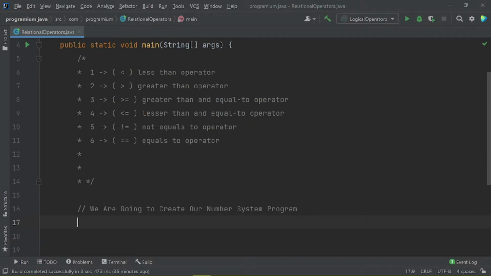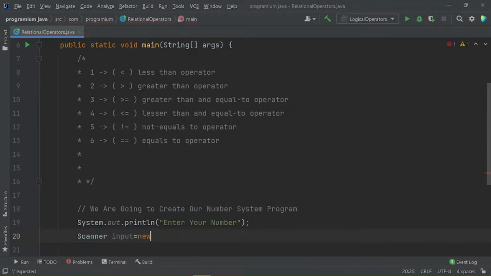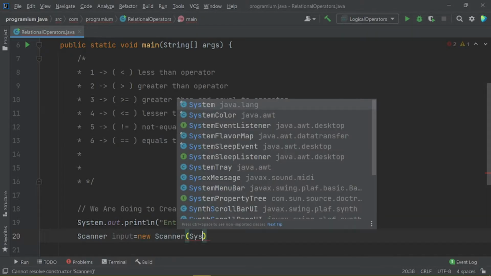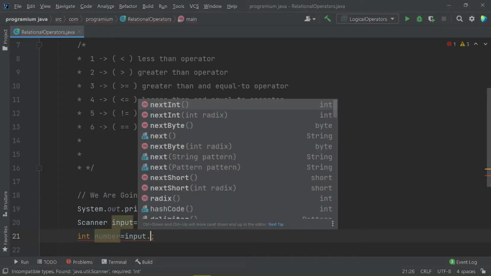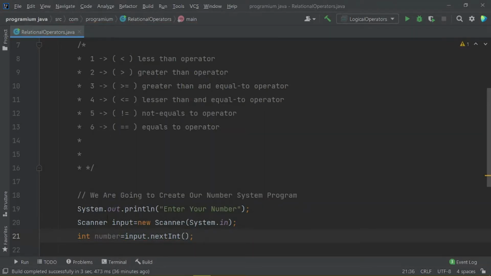So let us quickly ask the user to enter your number, and then I'm creating a Scanner object here by the name of input, new Scanner(System.in), and after that we have to create an integer number equals to input.nextInt(). So now we have taken input from the user.